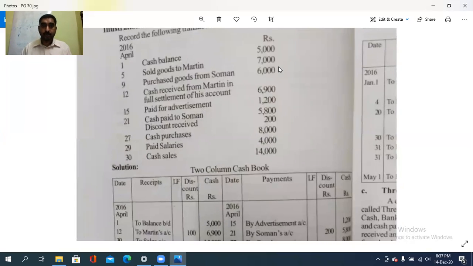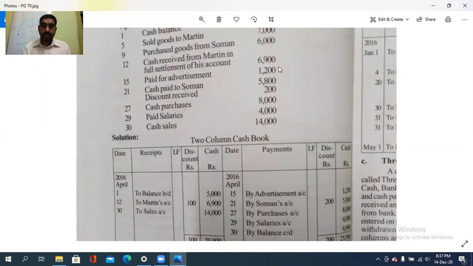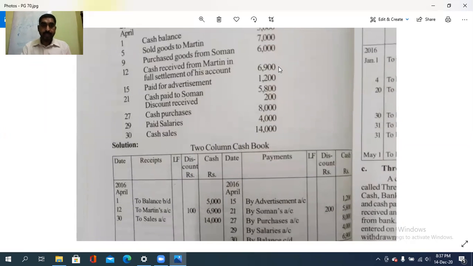So we will check this problem. Cash balance 5,000. So what is the entry? To balance brought down. See on the screen, 5,000. Then sold goods to Martin. So Martin debit to sales, isn't it? 7,000. Sold goods to